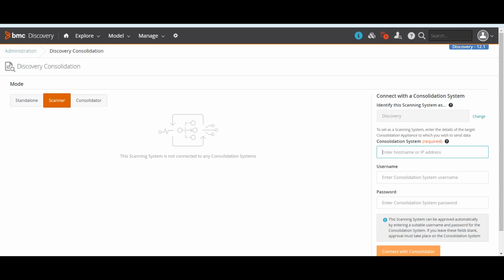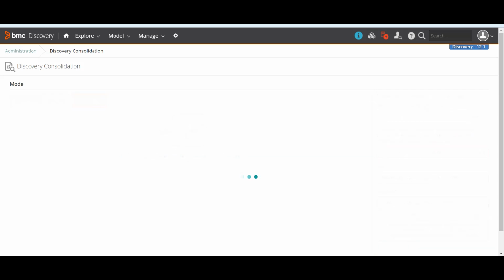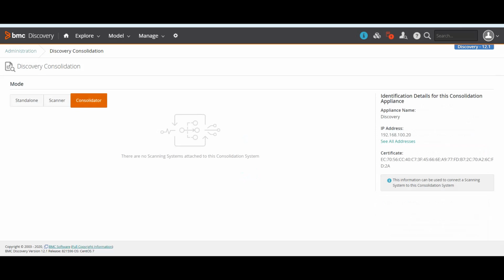And then what we will do, we will have a centralized server which will be considered as a consolidator. So we will have a consolidator server which will be set as a consolidator. Once it is set as a consolidator server, it will serve as a centralized server where all the scanners will be connected to this consolidator, and then they will push the information, whatever